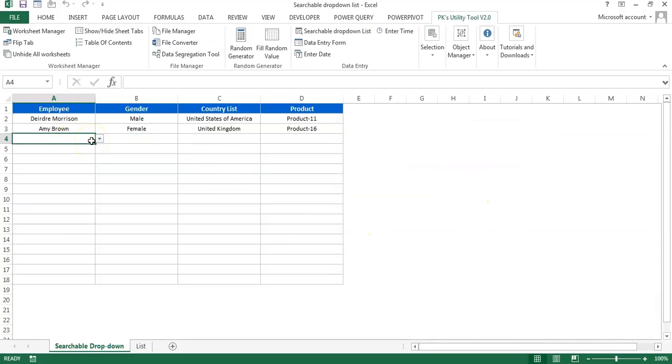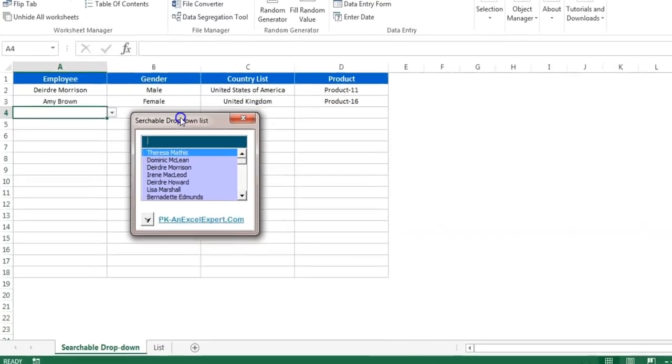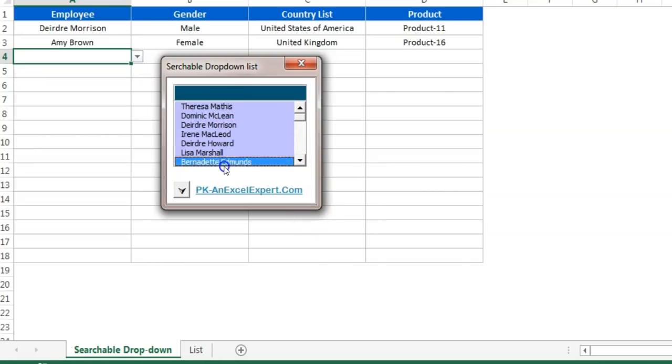Let's say you want to enter the name of an employee, but since we have a very long list, it is difficult to find that employee name. Use this searchable drop down list. Just click here and click on searchable drop down list. It will open this form, and in this form you can see all the names available in the drop down. You can type here. Let's say I'm typing Jack. Then with Jack we have these two names. It is even searching from the second name also, you can see. If you want to enter this name which is selected in blue, you can simply press enter, or you can double click here. That name will be entered and your active cell will be the next cell now.